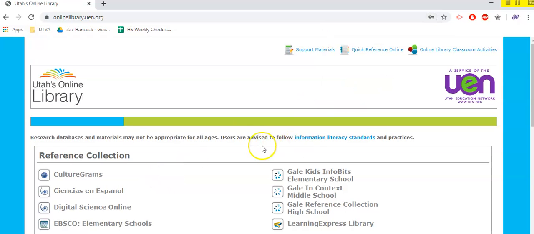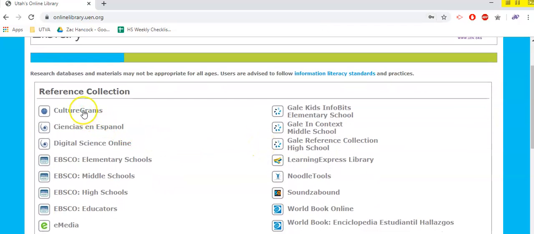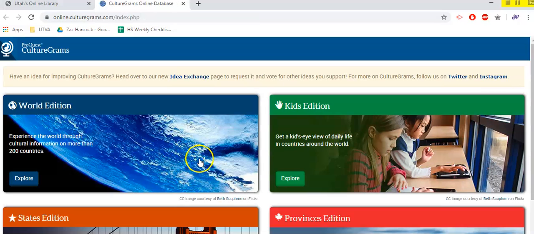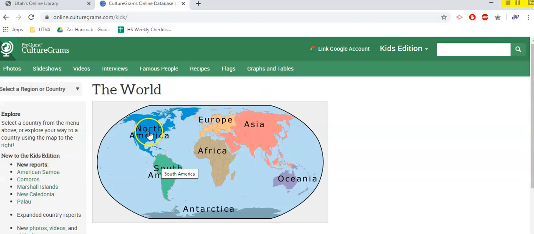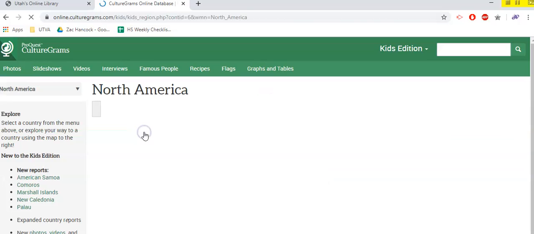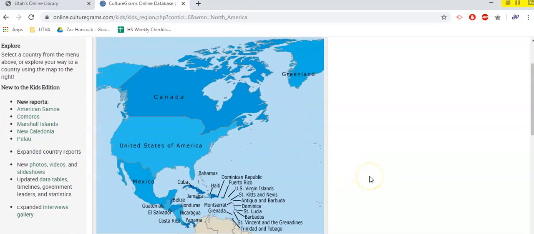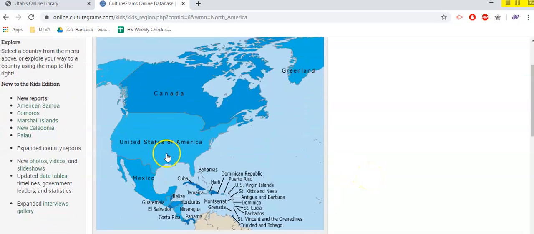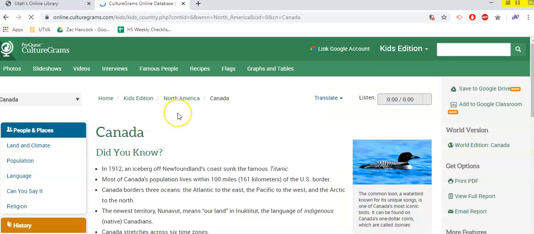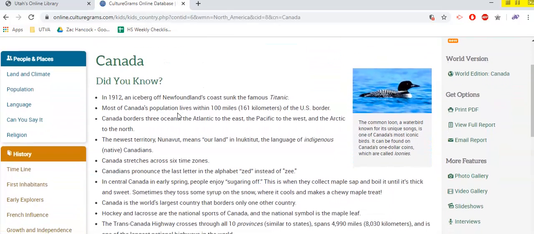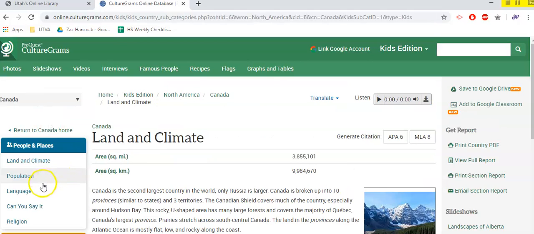Alright. So as soon as we get in here, what we're going to do is go to Culturegrams. Okay, as soon as you go to Culturegrams, we're just going to do the kids edition because I like that one. It's easy and simple. Go to North America, and it has the 3 main countries in North America. Okay, if you're Canada, all you're going to do is click on Canada, and the questions that it asks you are all right here: land and climate, population, language, and religion.